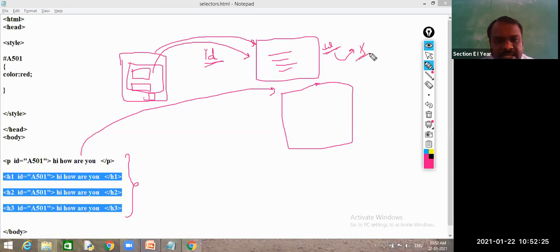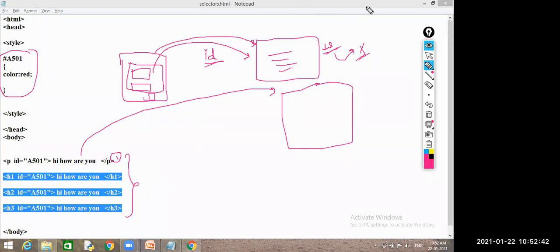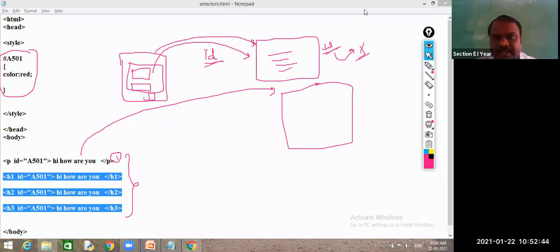To overcome this confusion, you need to apply an ID to only one element. You should not use it for multiple elements. Even if you write it for multiple elements, it will give an error. Okay, so I will tell you one more example for this one.